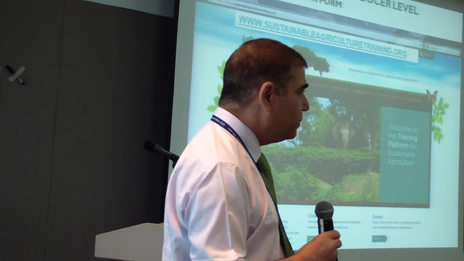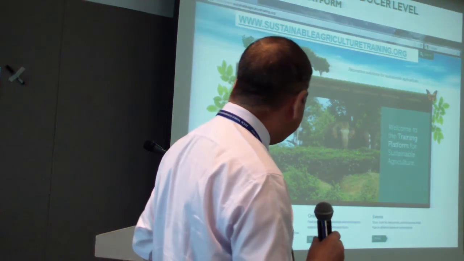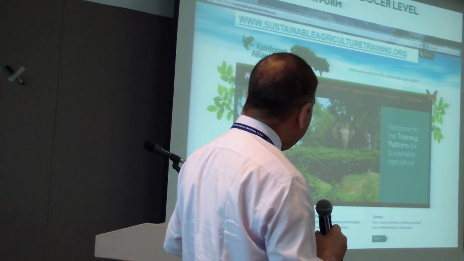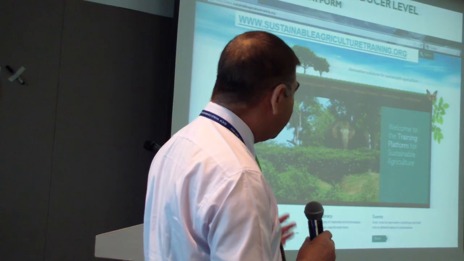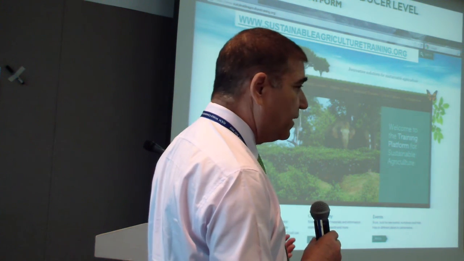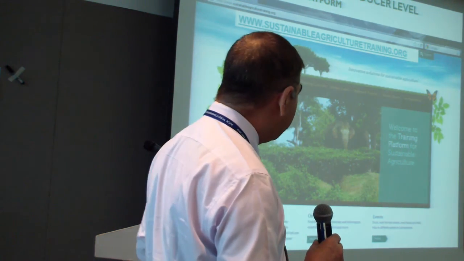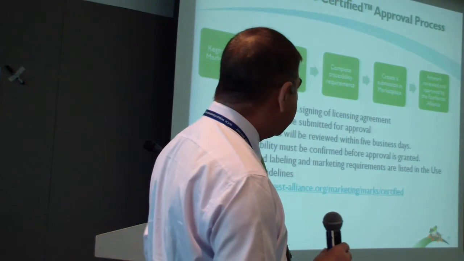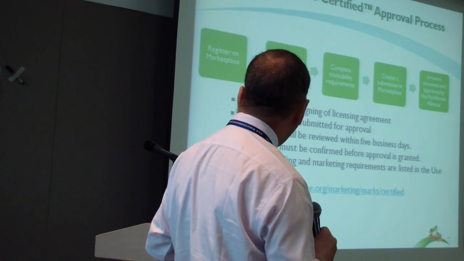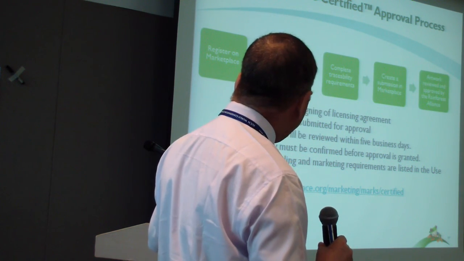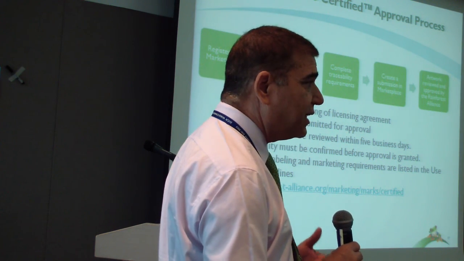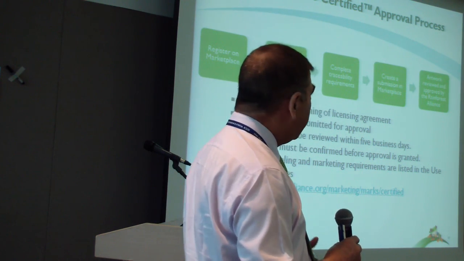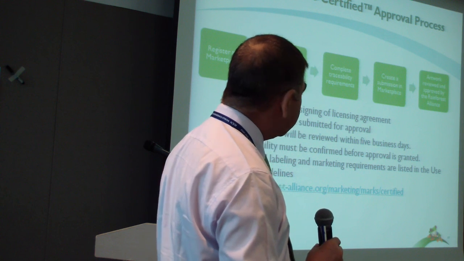We do audits not because we make money from it, we do it because it's our mission. And we have backed it up by a very extensive training program which is now available online, and it has expanded our reach as well as the efficacy of our training program. The credibility also comes from the rigor that we observe in the approval process when we do the